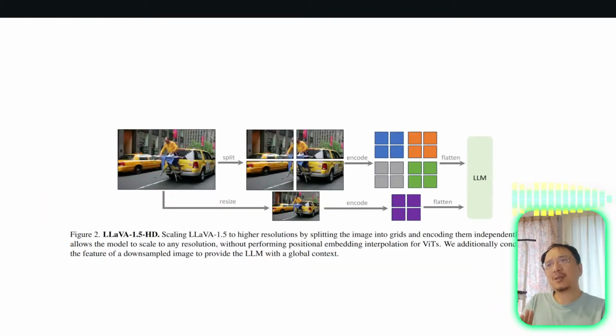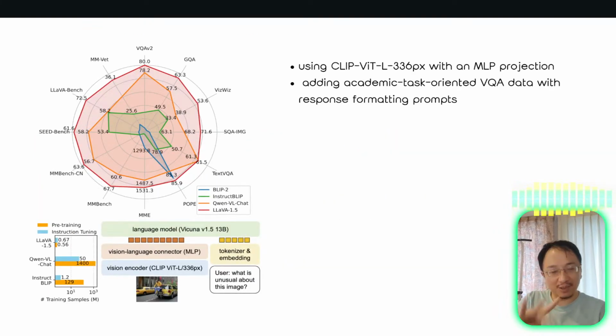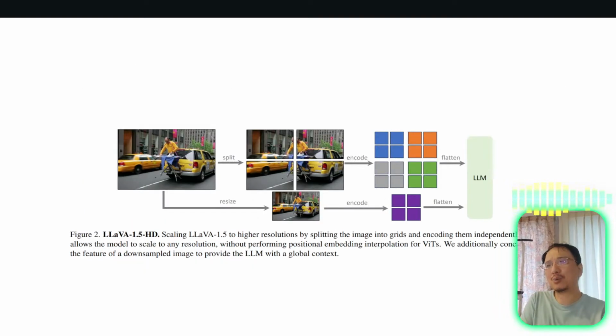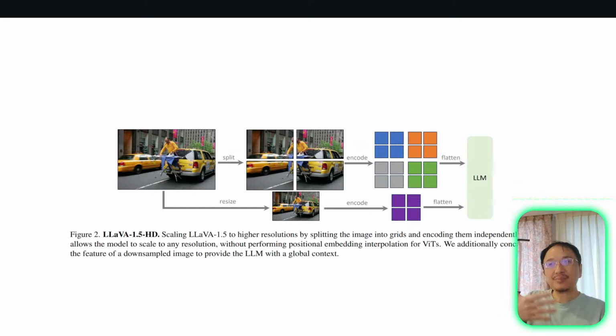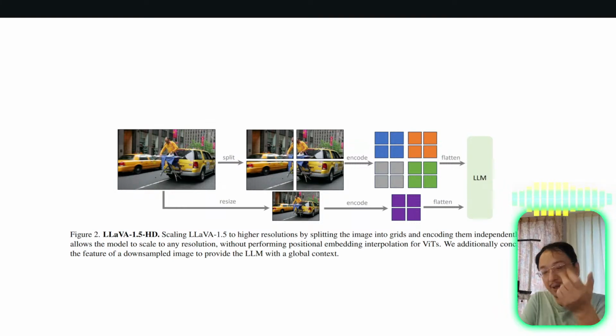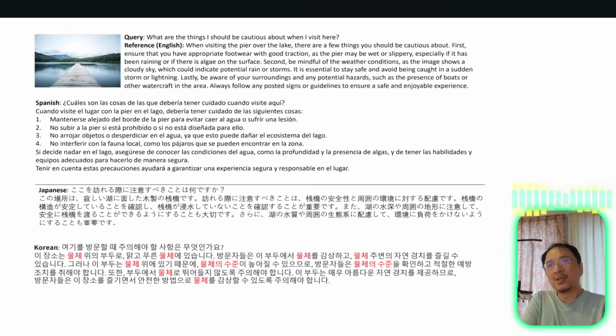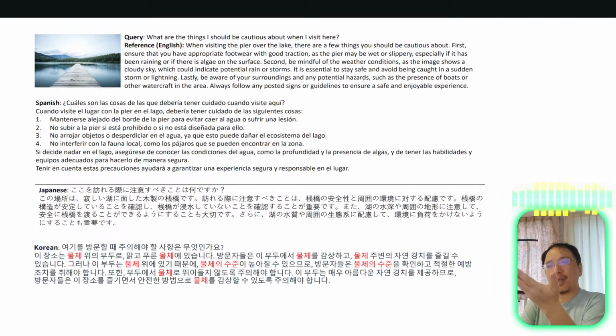I think it's based on Llama, maybe Llama 2. I'm not sure, but it is based on Llama, and Llama can do multi-language things. So although the image understanding is only trained on English text and image pairs, but